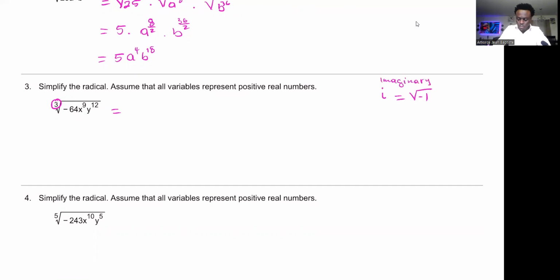And then also I squared equals -1. So whenever you see I squared, you should always replace it by -1. So that said,